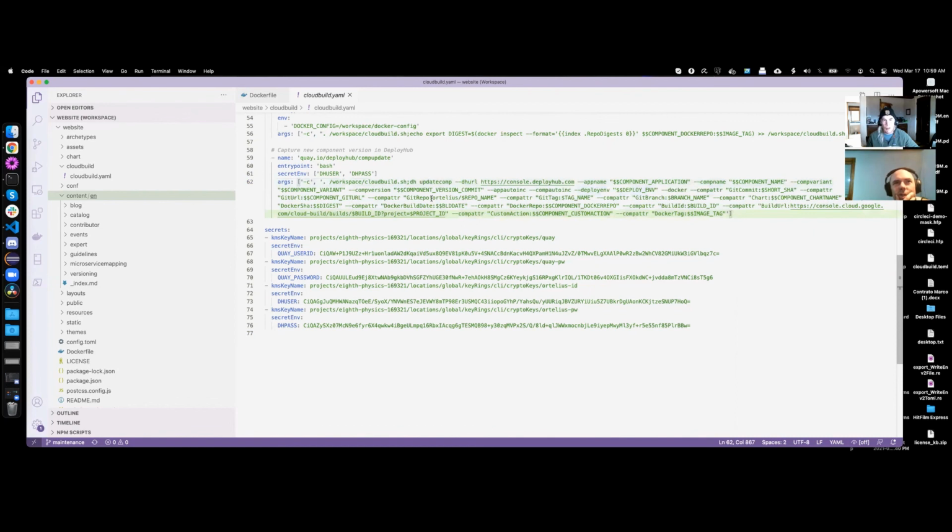And there's other things that we're doing. We're recording like the Git repo, the Git tag, the branch, the Docker tag, all that ends up